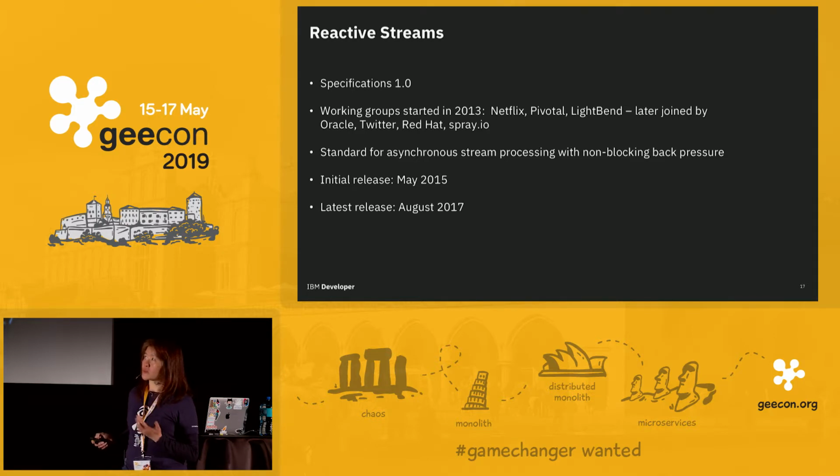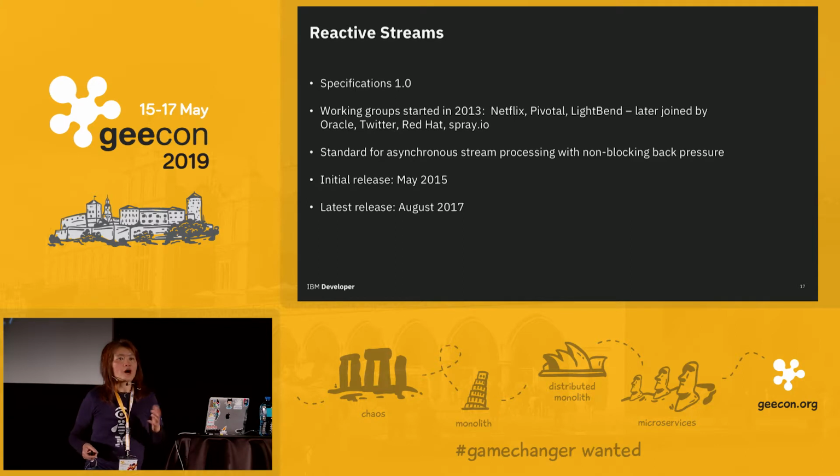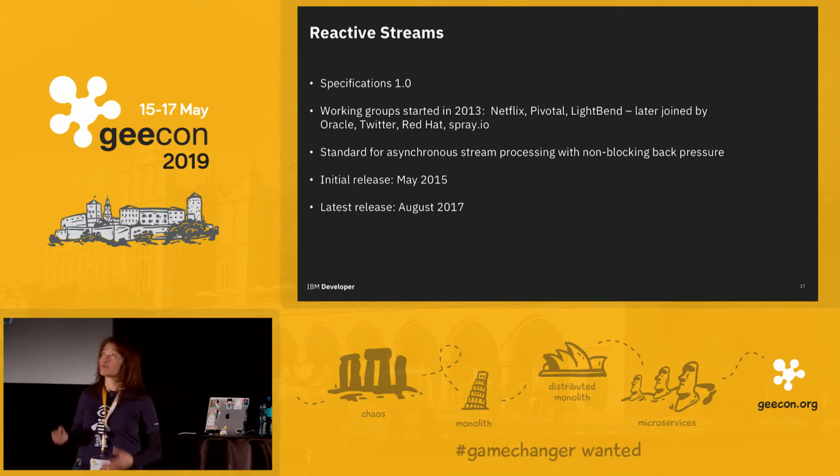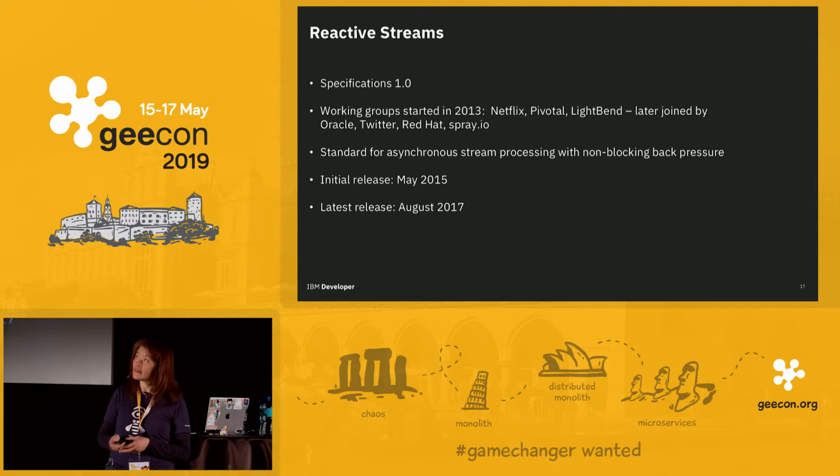The initial release was in 2015, and now the latest release is 2017. RxJava supports it partially because RxJava started sooner, before Java 6, so it did not have functional programming yet at that time in Java. But Spring Reactor and also Akka support Reactive Streams fully.